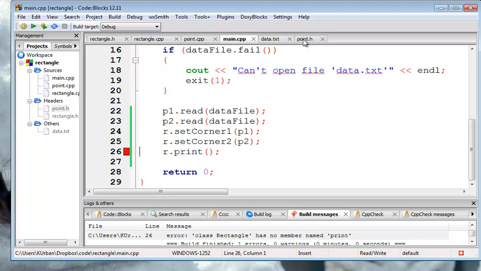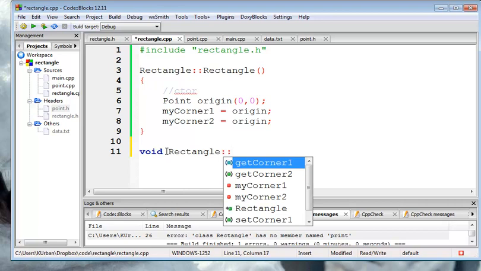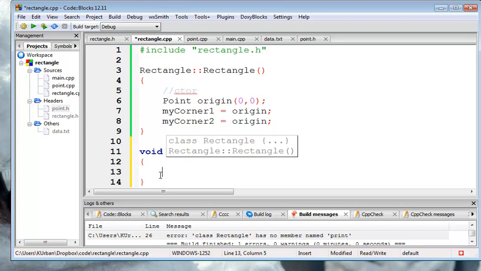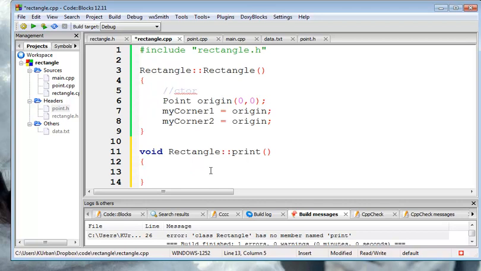So let's go out to the rectangle class. Let's put in a void member of the rectangle class, and it's going to be called print. And then this print is going to call print in the point class, which just prints out the points. That's why we don't want the new lines at the end, if you remember that lecture. So I'm going to cout